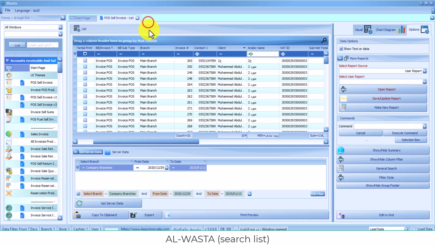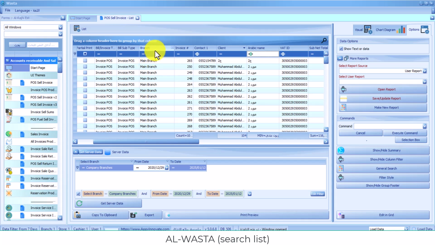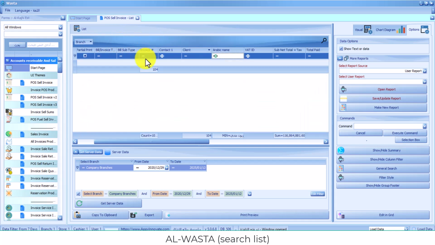You can also group by column by dragging and dropping the column in the header. I will drag the branch column and drop it here. So I made a group by this column, and I can